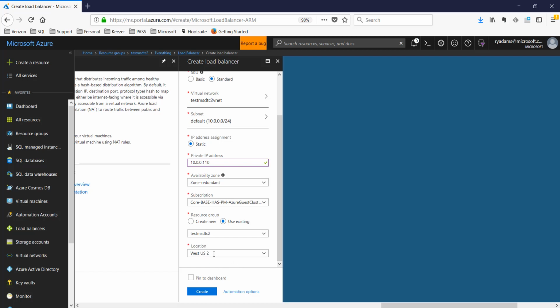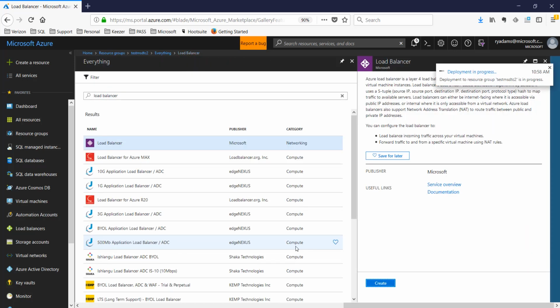And then pick a location. I'm happy to put these in West US 2. Go ahead and hit Create, and that's going to go out and create our load balancer. Now, that creates the load balancer, but doesn't really configure the load balancer, just creates it. Once it finishes deploying, which is pretty quick at creating the load balancer,